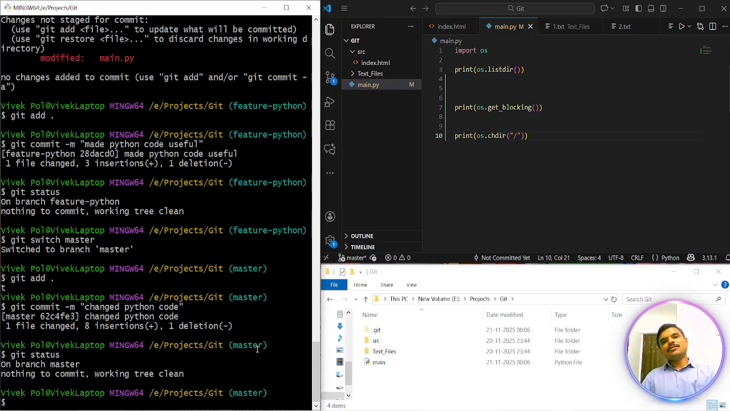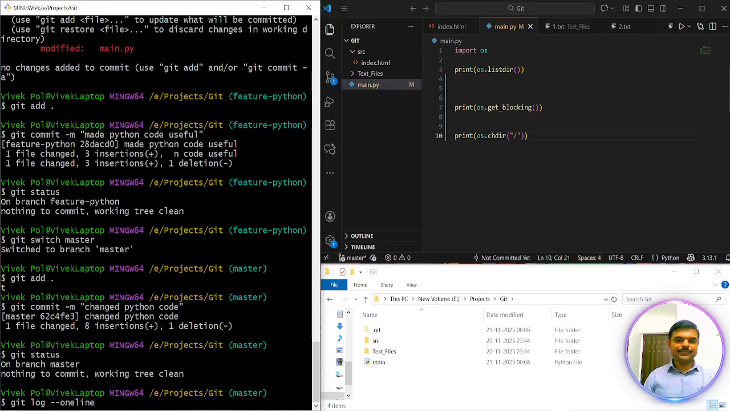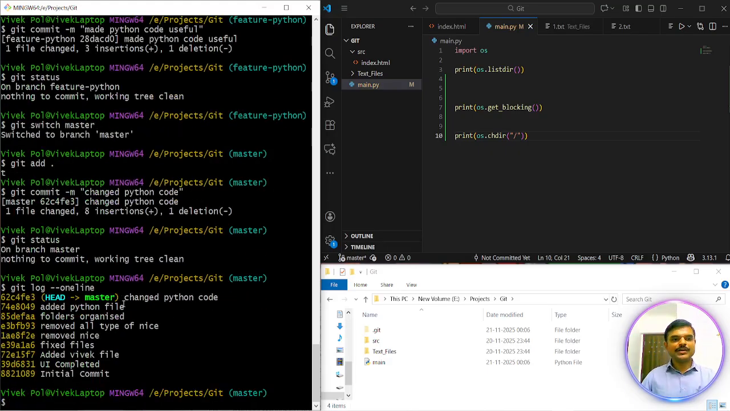Okay, now the files are the same, so this is called merge conflicts. Both the versions have some kind of changes. Okay, so I will now write down git log --oneline. I will hit enter. You can see in this master branch, initial commit, UI, and so on, folders organized. This commit we made today, added Python file and changed Python code. These 3 commits we made in master branch. Okay,